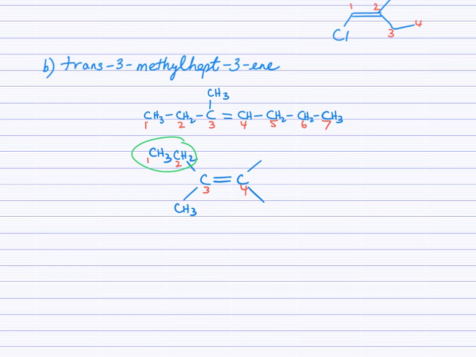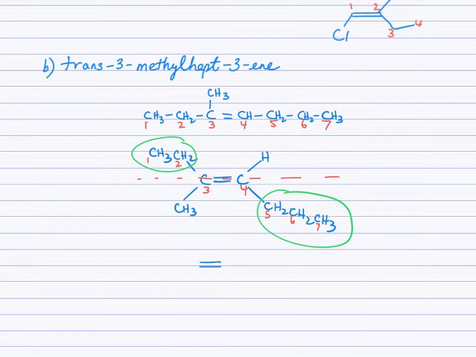So coming off of carbon 4, I have an H, which is definitely not going to be bulky. And coming off of carbon 4, I also have carbon 5, 6, and 7. And so I'll just number those, 5, 6, and 7. So you can see that I've put the bulky group below the plane of the double bond. And so I've created the trans isomer because if you view across the double bond, I've got bulky groups above and below. So there's the trans isomerization. Just to draw the line diagram,